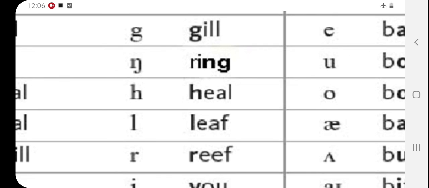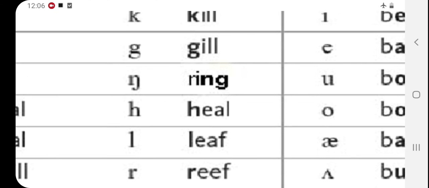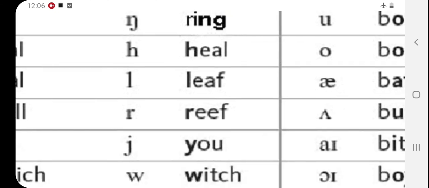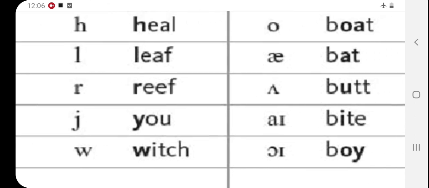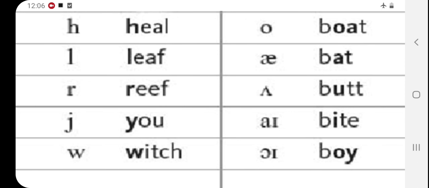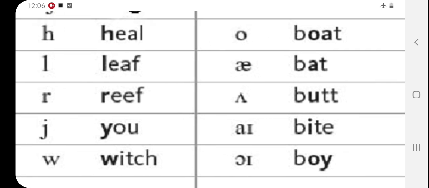Then the ing sound, like in sing, if we remove s, it becomes ing. To describe the ing sound, this symbol is used, as we have in ring. Then h sound for ha, l for la, r for re, and u, that I already told you, the ya sound, a small j type sound, we call it u. And again w, to round your lips and call it w. Wow, which.